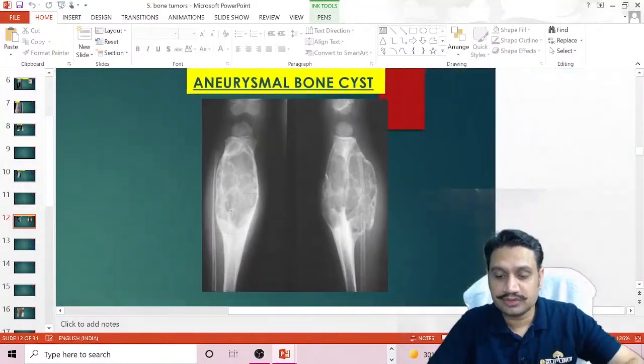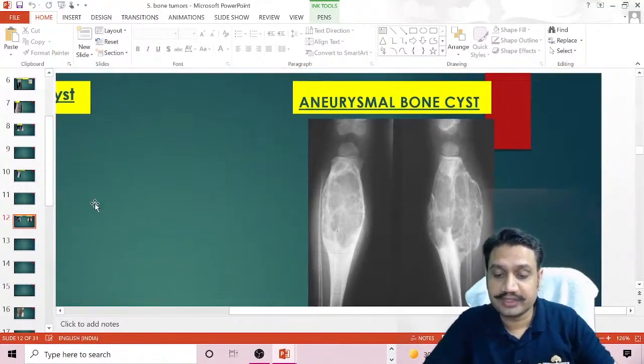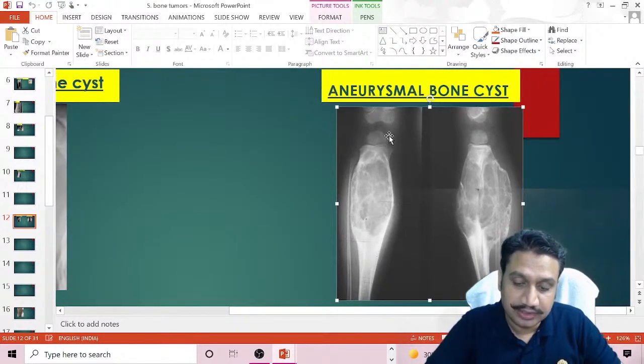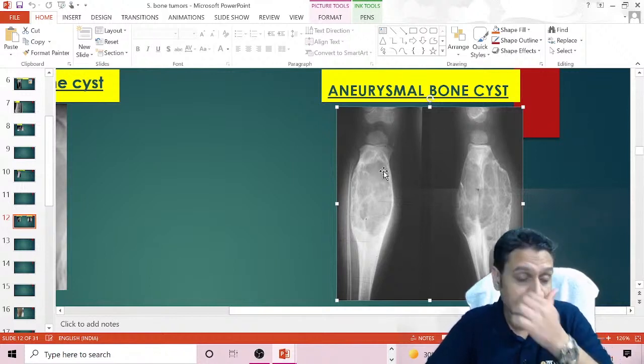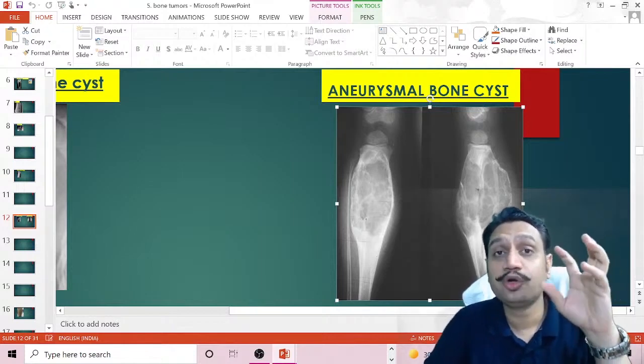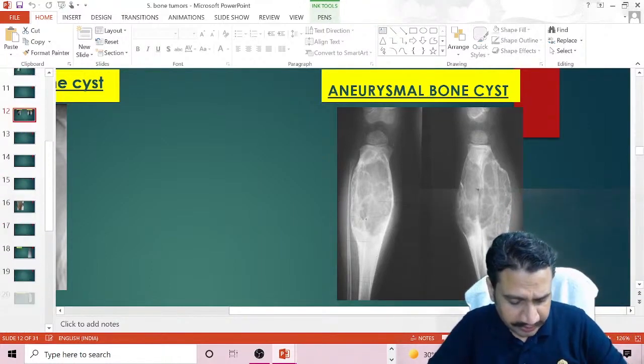And aneurysmal bone cyst is like this. The soap bubble appearance, where? At the metaphyseal area. See this epiphysis is absolutely clean, and there are septations inside this lytic lesion. So if you see a soap bubble, just don't blindly mark the GCT. Have a look at the location, right? So location will be metaphyseal here. Then next one,